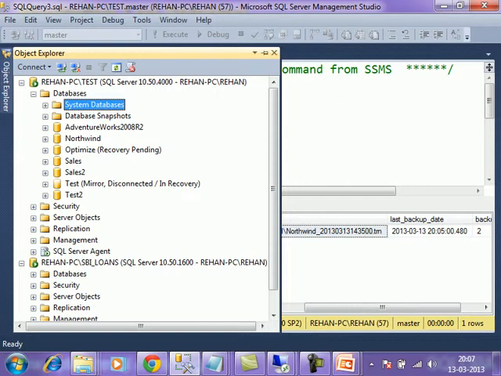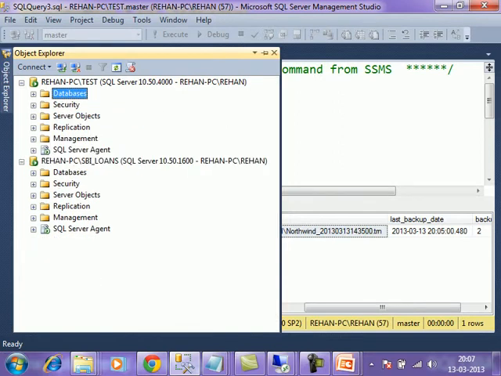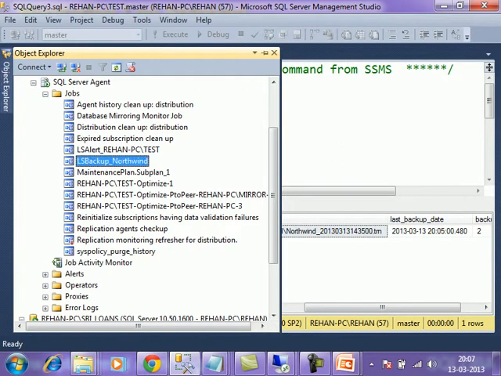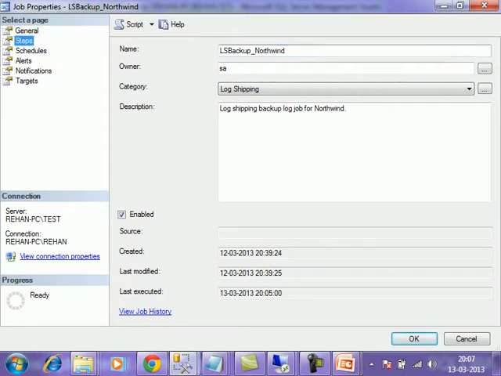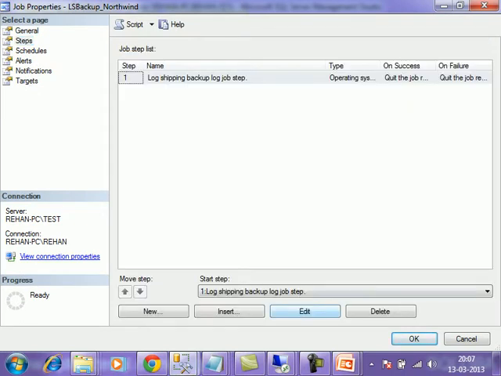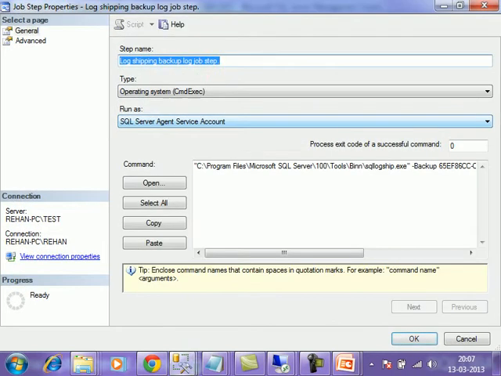That is the reason, if I open this backup job and edit the step, there is no backup log command and no backup database command. It is calling one exe file, SQLLogShip.exe. All our log shipping jobs, the three jobs, use the same file, but the parameters are different for backup, copy and restore.